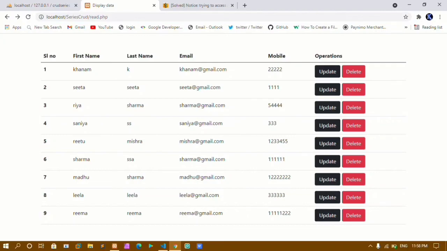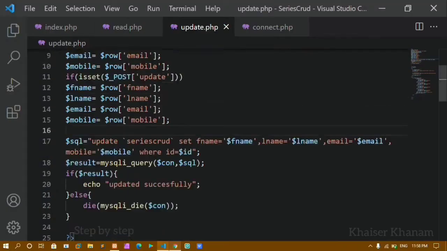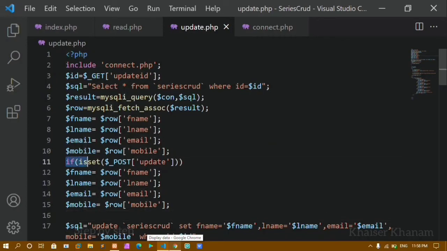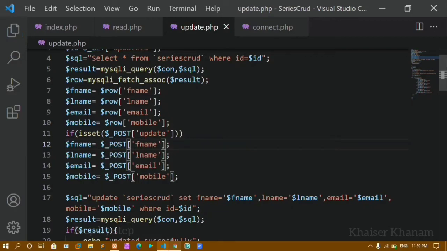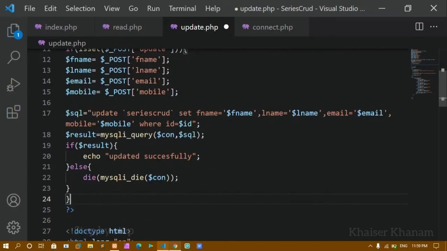Now if I refresh this, you can see I'm not getting updated data here. If you see here, I have written the condition if $_POST, whatever update ID. If I click on update ID, I have to update this data. This I am not getting through my database. To get the data from the database, we write $row, but this I am getting is new data. So instead of this row, I just have to write this $_POST. I'll copy this one and here and here. I'll remove this and I'll paste that one. Also I'll write here curly braces, and I'll close curly braces here.